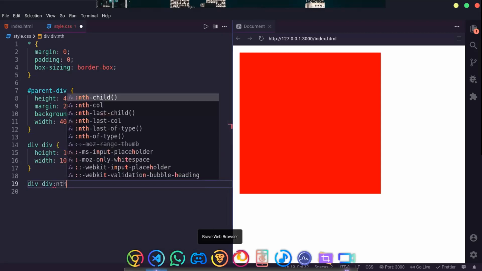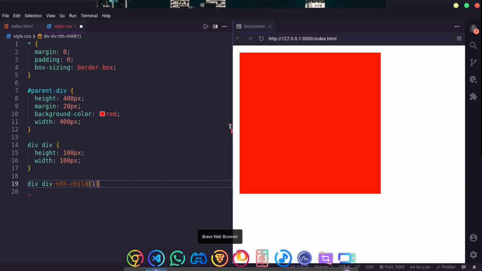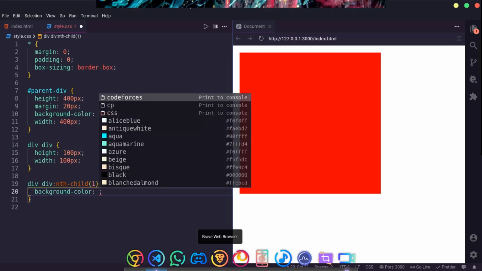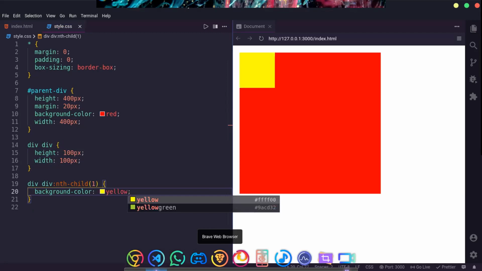Okay, and we did the nth-child. What it means is that inside of the div, whichever is the first div, nth-child means the index. So the first div inside the div will have background color as yellow.